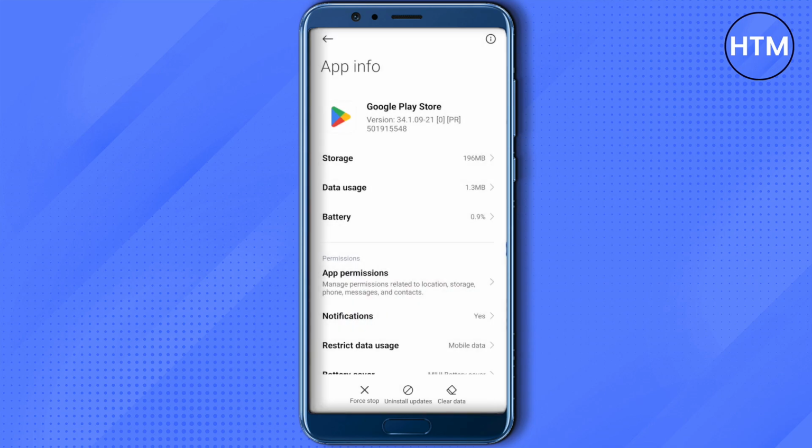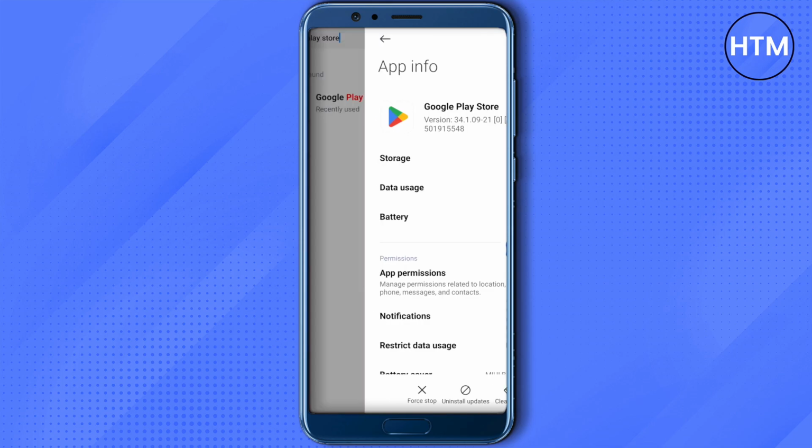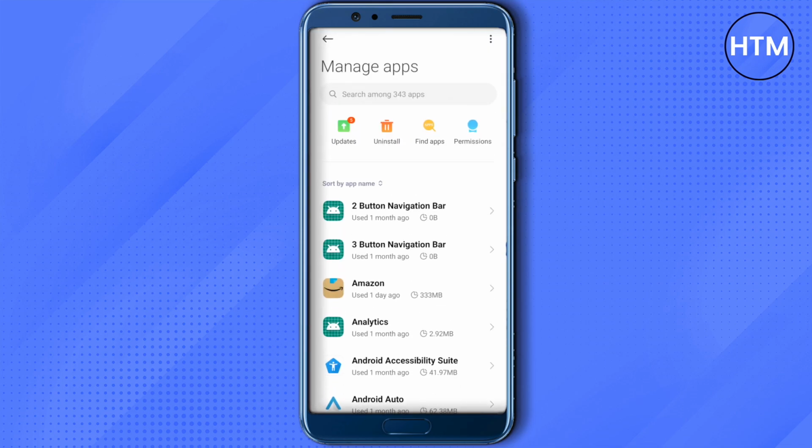And for the third option, you can just restart your phone and your Google Play Store will be working fine after that. And if it still doesn't work, then you can just simply change the date of your device, and